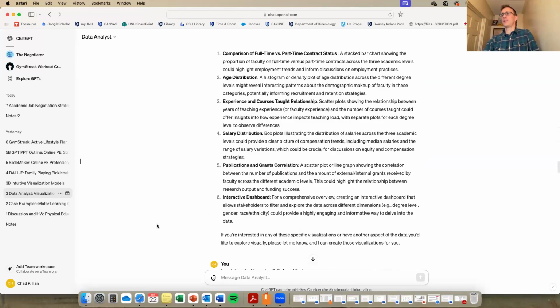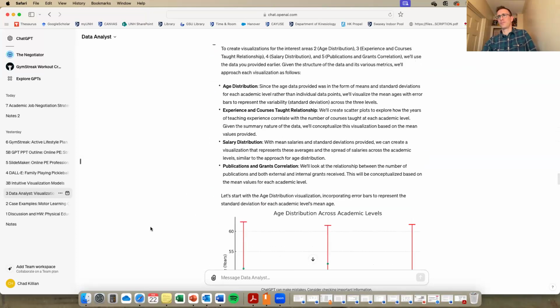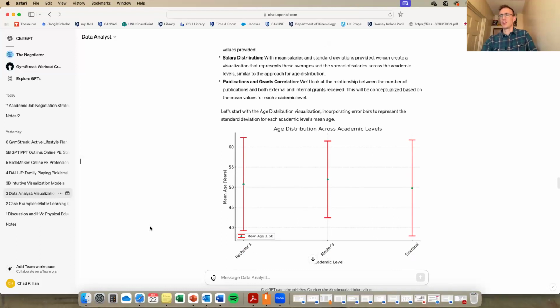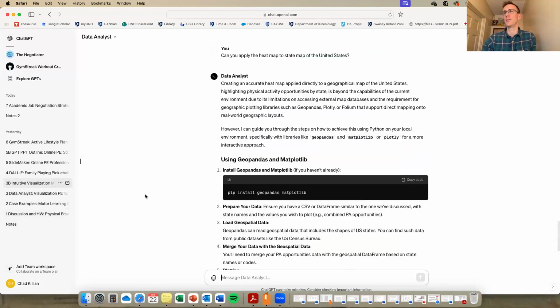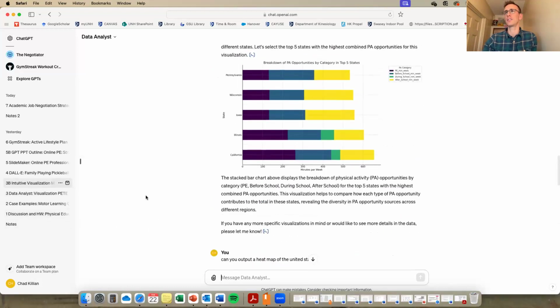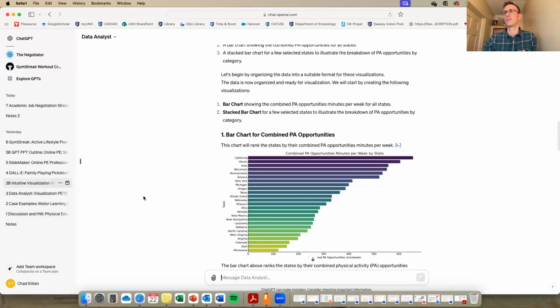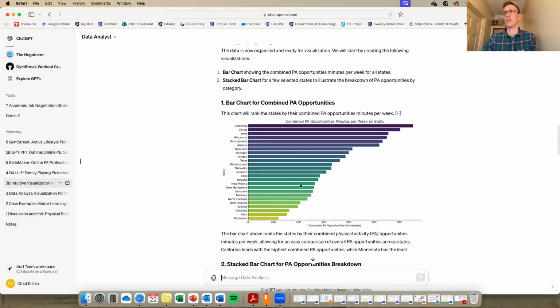So I think with this GPT, there are still some things to be desired, but I can imagine a scenario where at some point we can put these in. Here we did a geographic study, and this is physical activity opportunities by state.